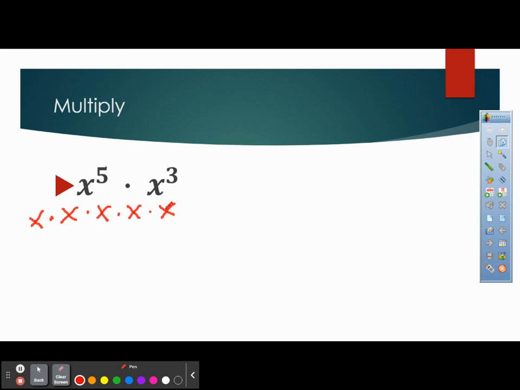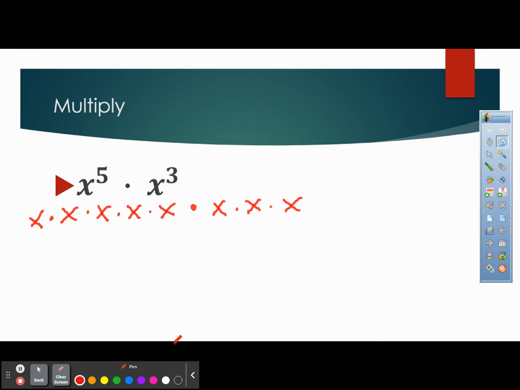So that's x to the 5th. And then times x to the 3rd would be x times x times x. Equals x times x times x times x times x times x times x times x. Now that I have all of this written out,